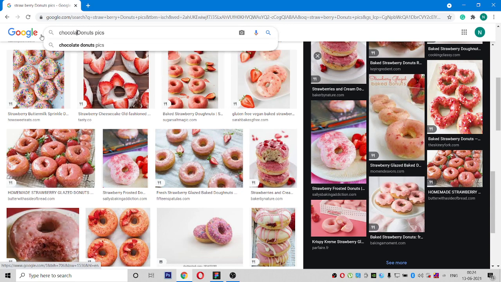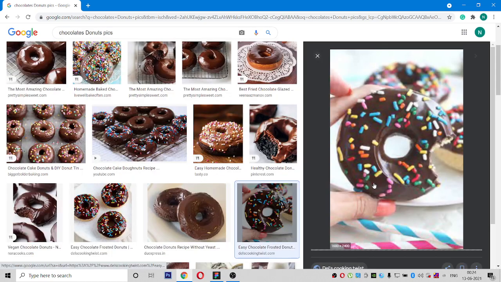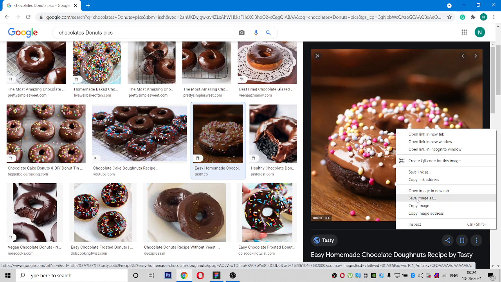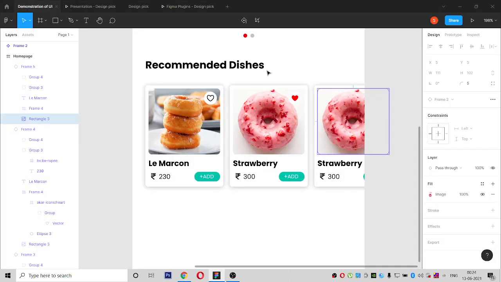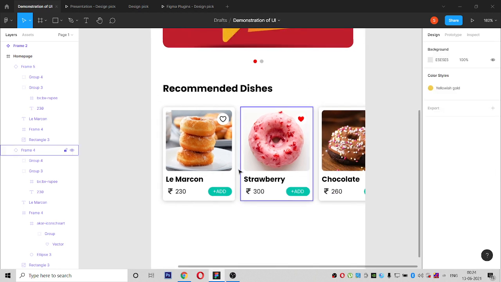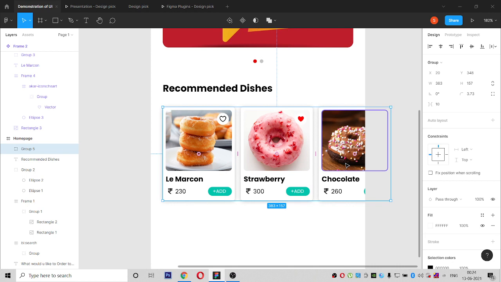I love chocolates, so I will give this donut. It's really yummy. Chocolate donut. We can give it as some 260 rupees. So these three will be grouped first and then